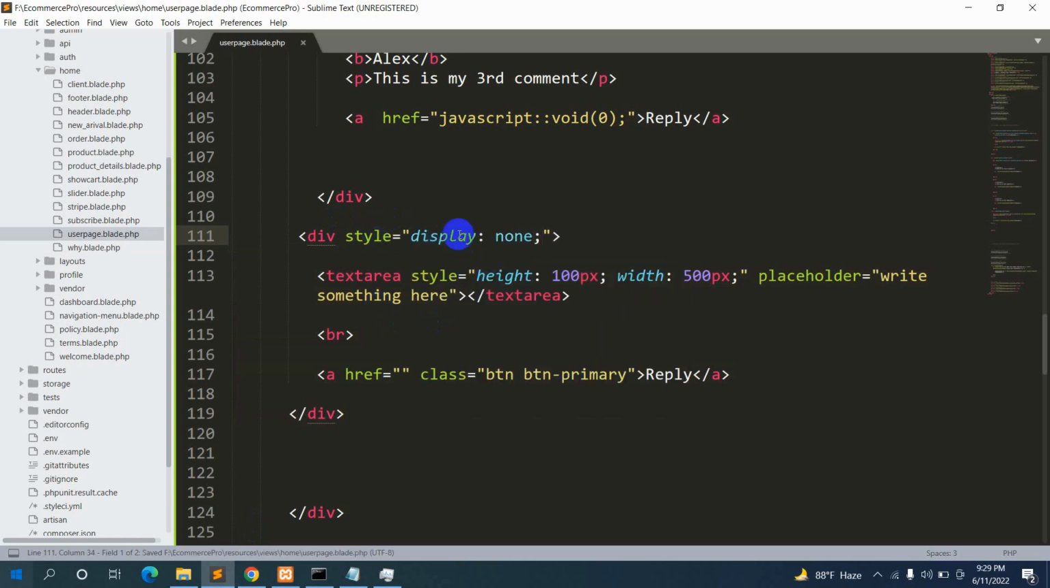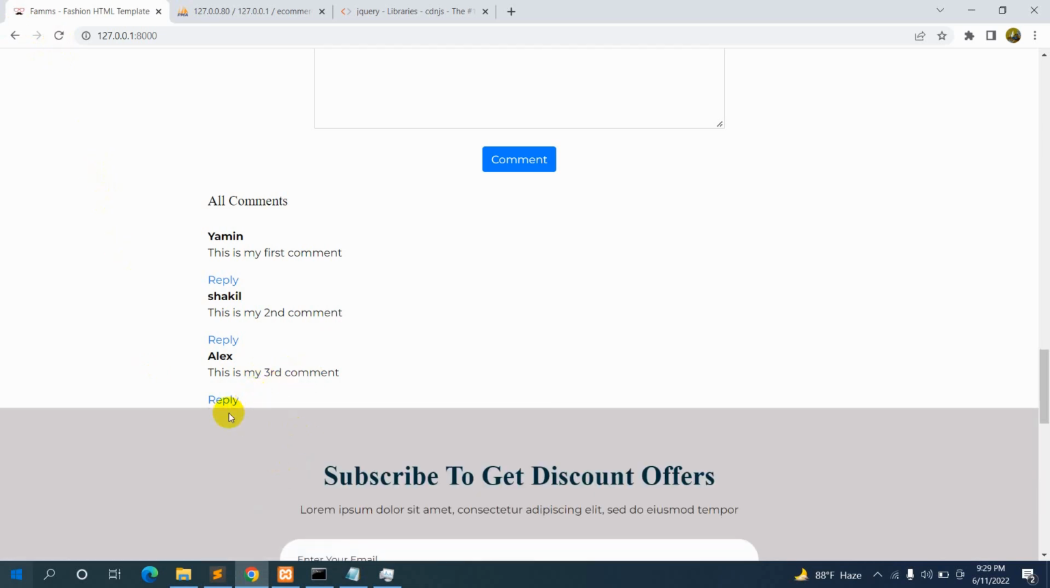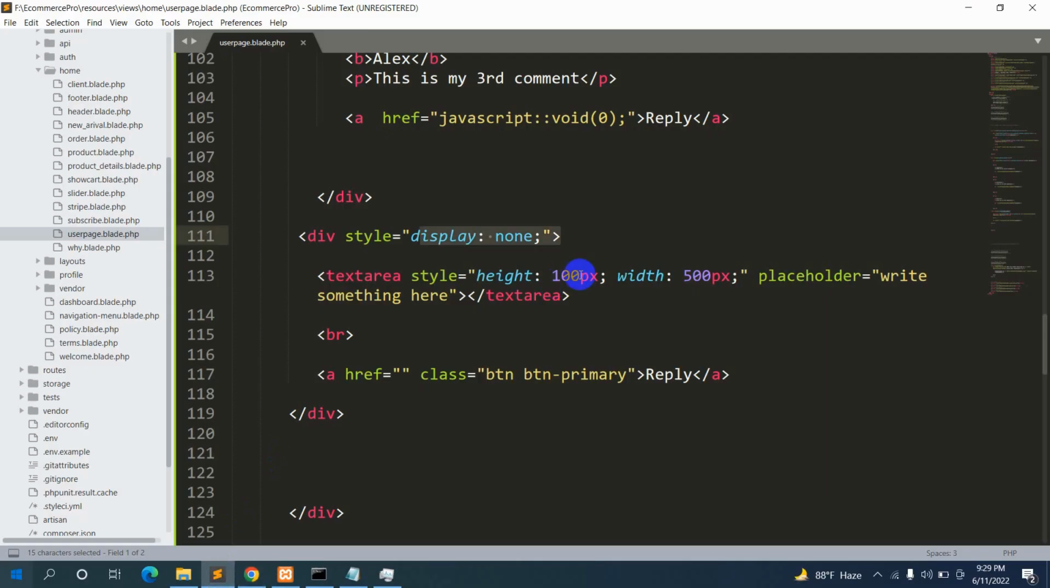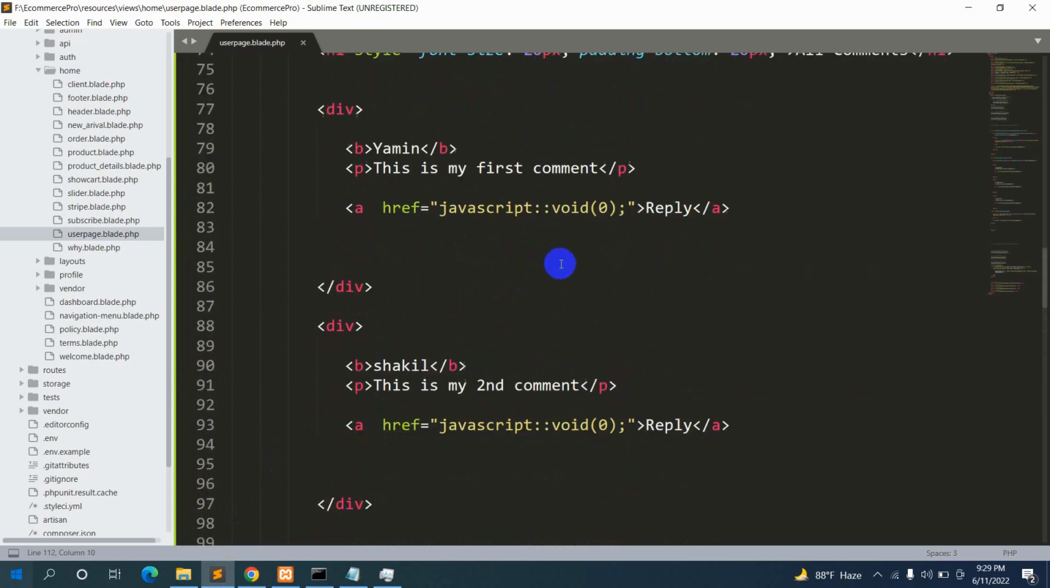So if I now save it, we will not see this text area and the reply button, because we see over here display is none. Refresh, and there you can see there is no text box area. And the issue is we need to show that text box area under every comment whenever someone clicks on this reply button. So for it, what we will do is that here you can see that we have 3 reply